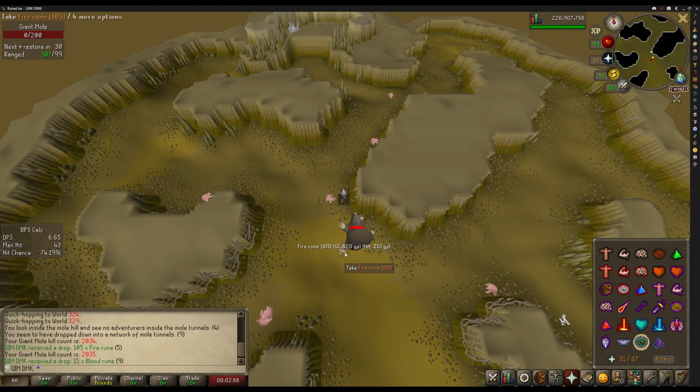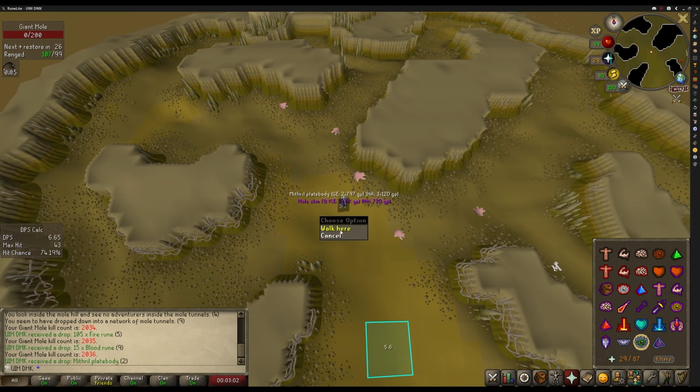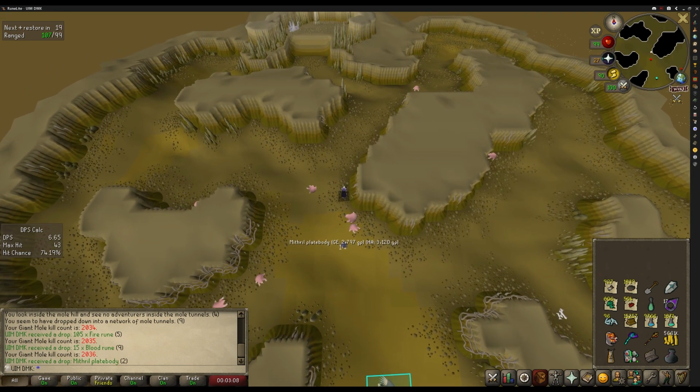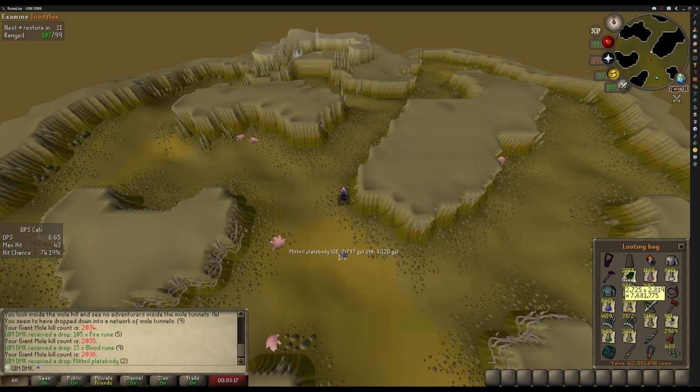And that should be it. 927 mole claws and 1839 mole skins, for a total of 2,766 mole parts. Definitely the longest single mole grind I have done so far on this account. For reference, all I've been doing in the game for like the last few days has been herb runs and the giant mole. Should be enough for all the toadflax I just farmed, so let me go ahead and death bank,